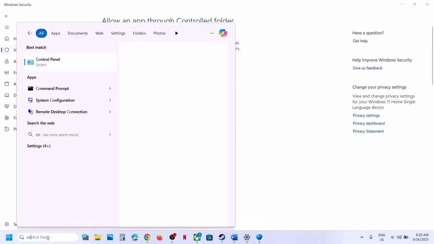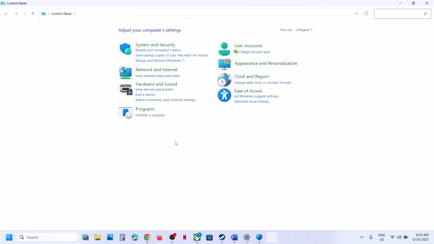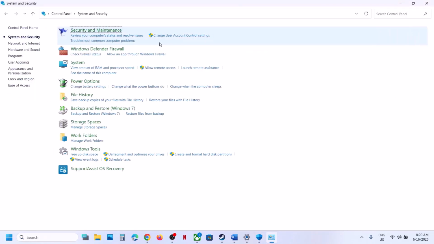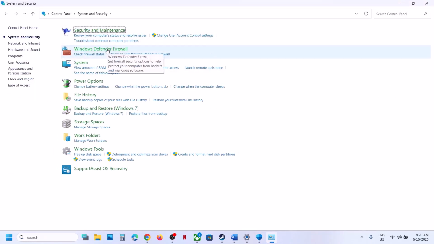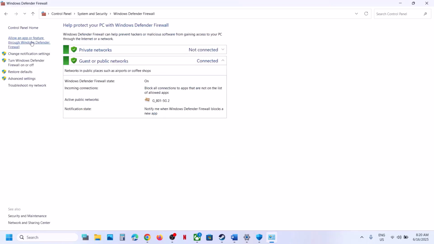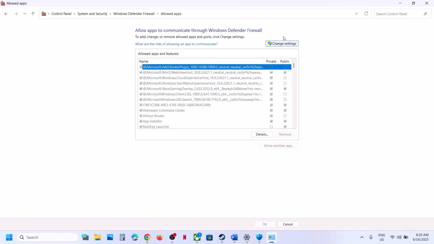Now type in control panel in Windows search box, go to control panel, go to system and security, Windows Defender Firewall, and then click on allow an app or feature through Windows Defender Firewall, and then click on change settings at the top. Now click on change settings over here, and then click on allow another app, and then again go to the